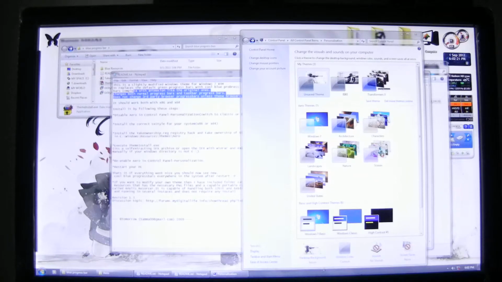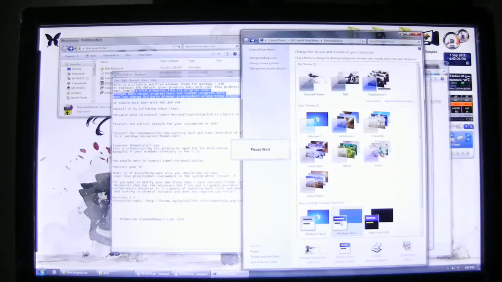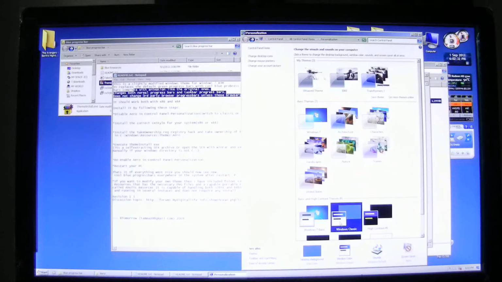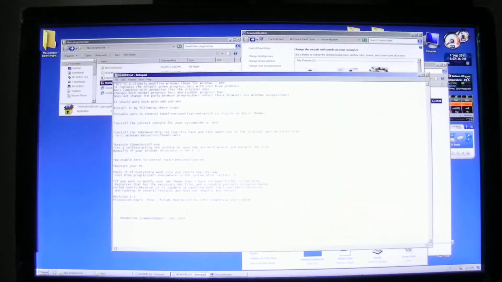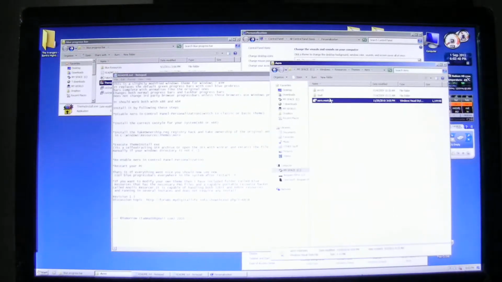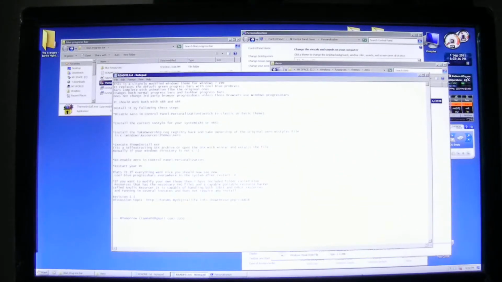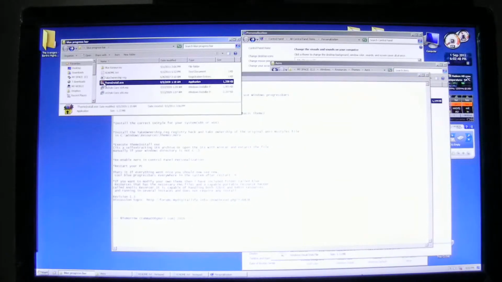Display, no. Where should I go? Okay, classic. Now it's in classic. Please wait. Yeah, everything is ugly again, you know, kind of 98 or 2000 kind of stuff. So my Aero is currently not in use, this aero.msstyles kind of stuff. So I had taken ownership of it, so it should work. Let me try this again.